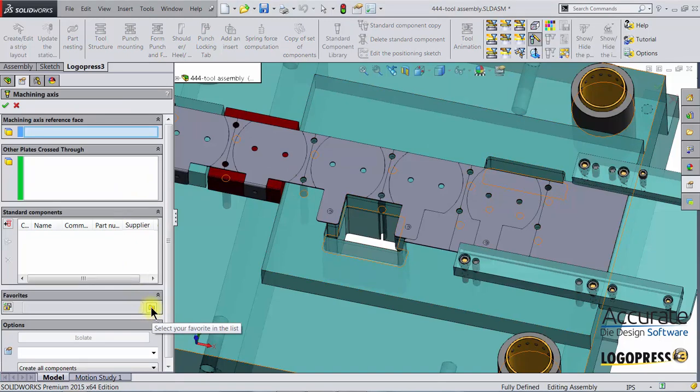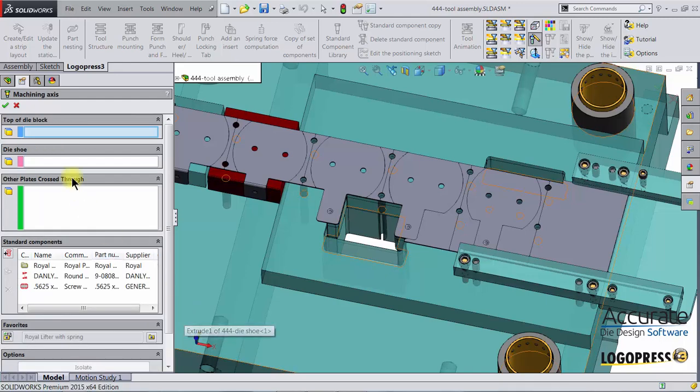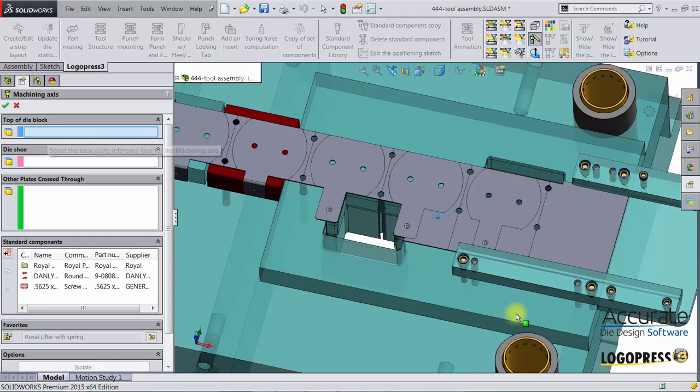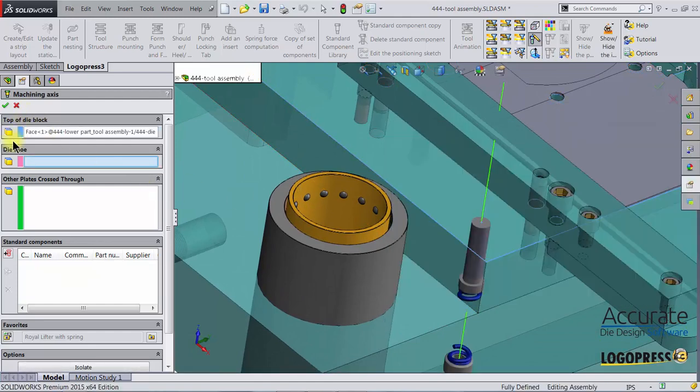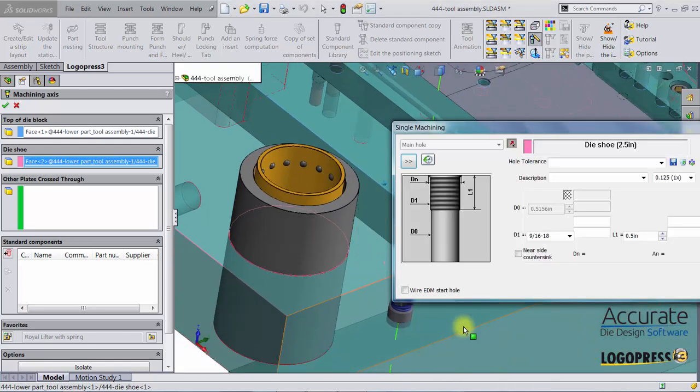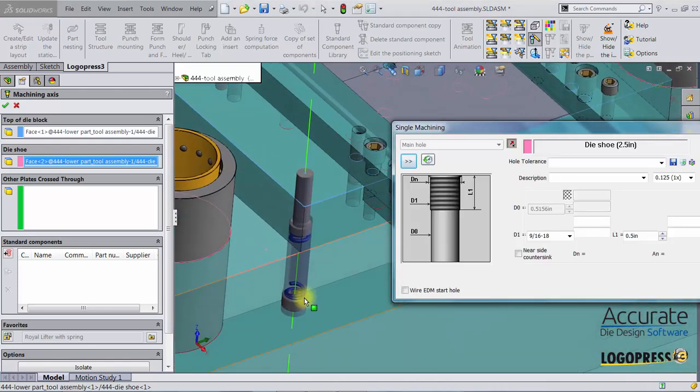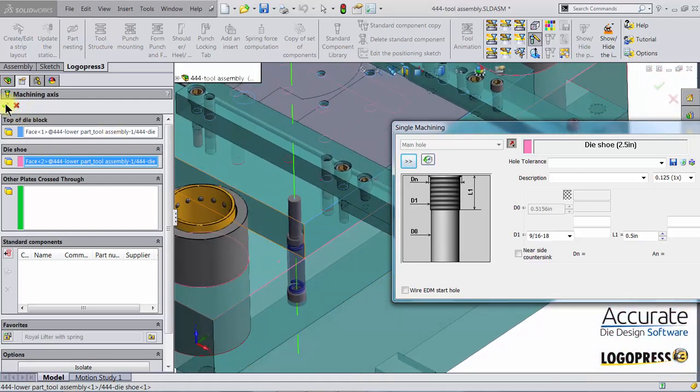So I'll select this icon right here and select the Royal Lifter with spring. The first thing it's asking for is the top. Select the top of the die block, and next I select the die shoe. You can see that all the components are predefined along with the holes. So I can just click OK,